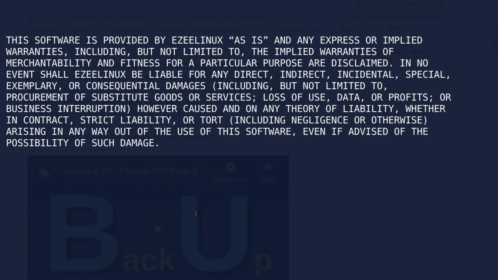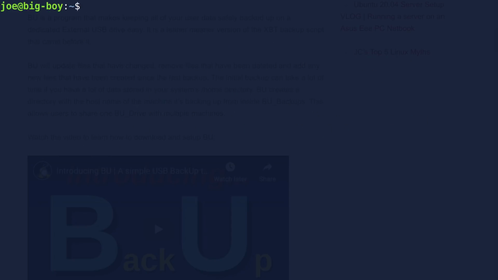So this thing right here is actually a terminal, and it's running right now. And if I do that, isn't that cool? We'll get to that one here in a little bit. So the first thing I'm going to do is take my BU Ready backup drive and plug it into this computer, and it's going to find it in a minute.